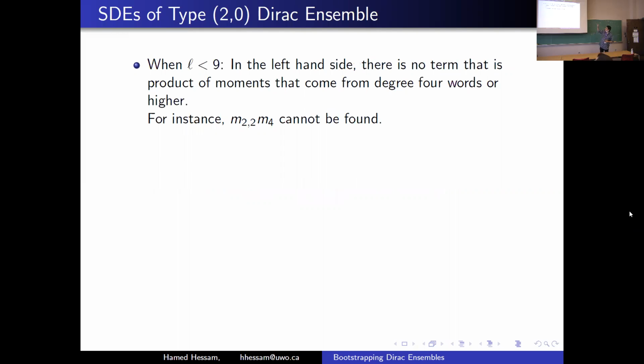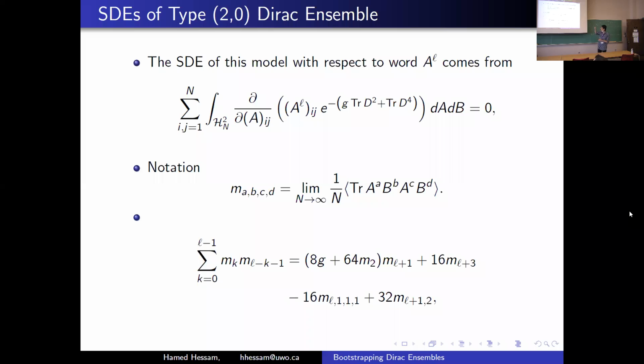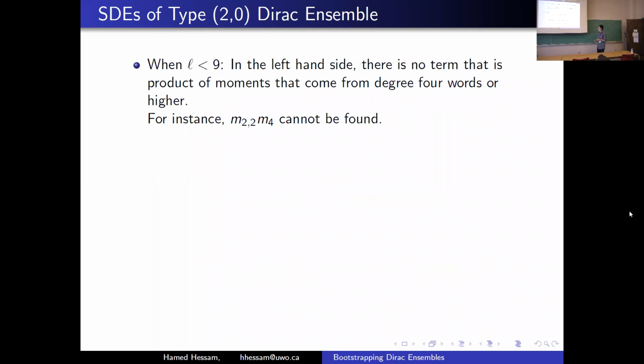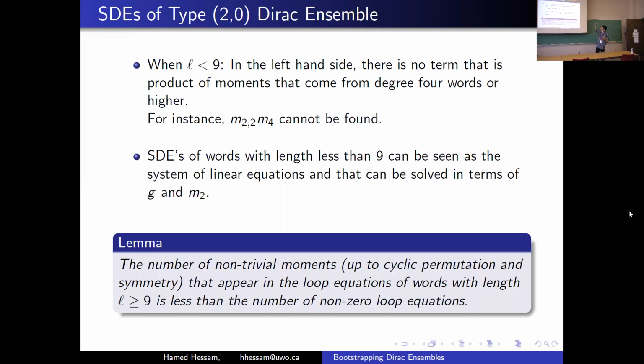So on the left-hand side, there is no product of two moments of degree 4 and higher. And on the right-hand side, we just have M2 times some moments. So if we take M2 as a formal coefficient, we have a system of linear equations for the Schwinger-Dyson equations of order 9 and less. If you solve this in terms of G and M2 and put it into the next Schwinger-Dyson equation, again